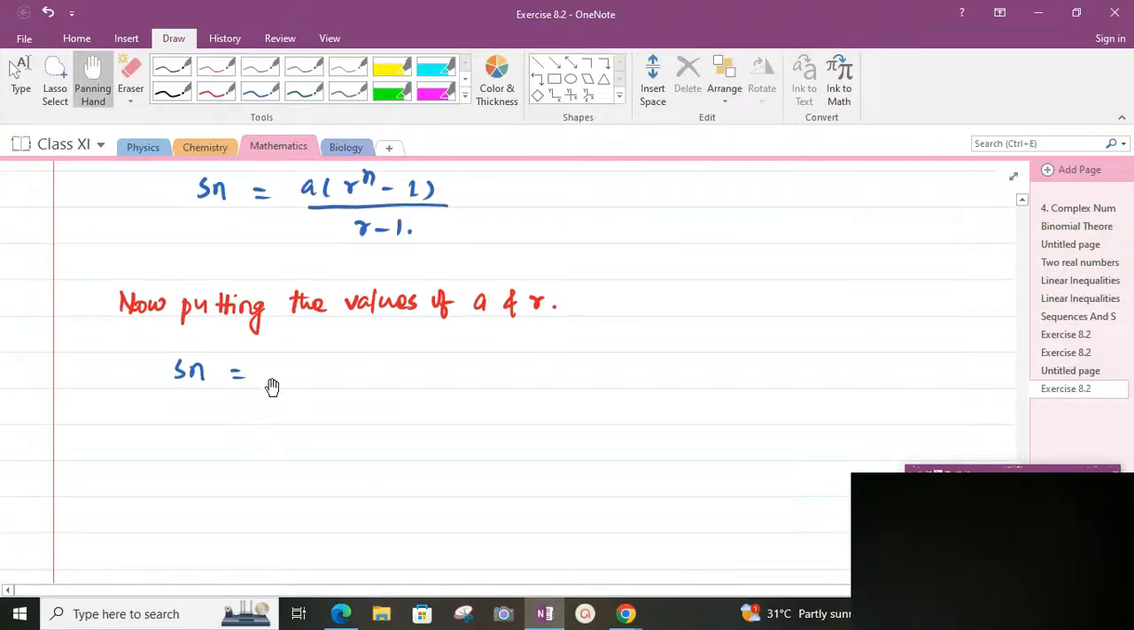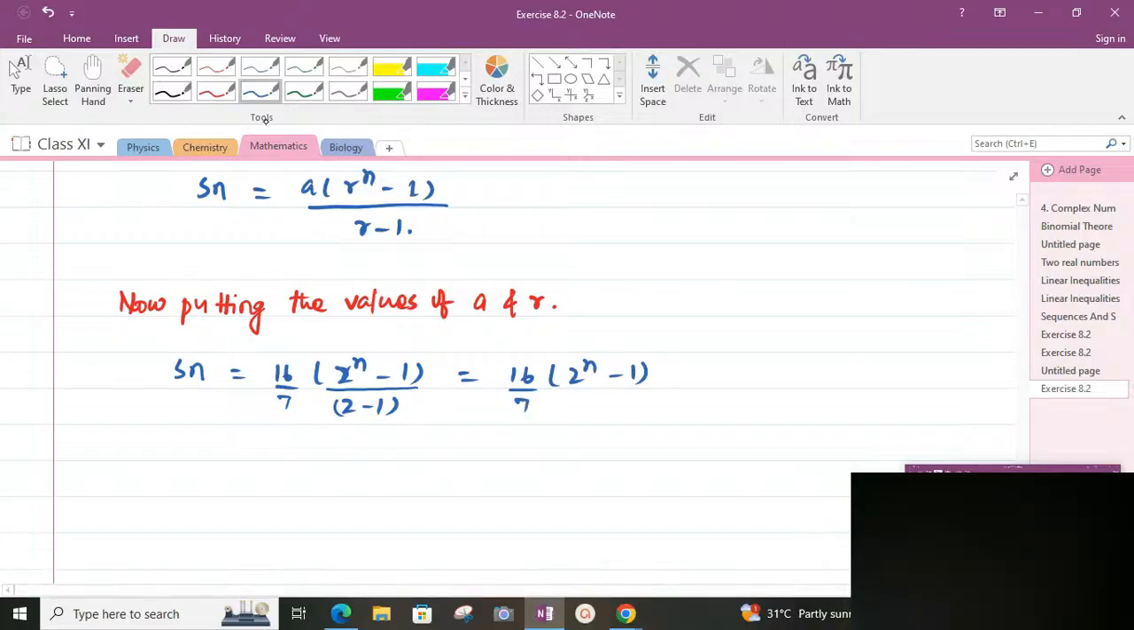So we write down here 16 by 7. The value of r is 2 to the power n minus 1 by 2 minus 1. So here will be 16 by 7 into 2 to the power n minus 1. So the required answer of this question will be,